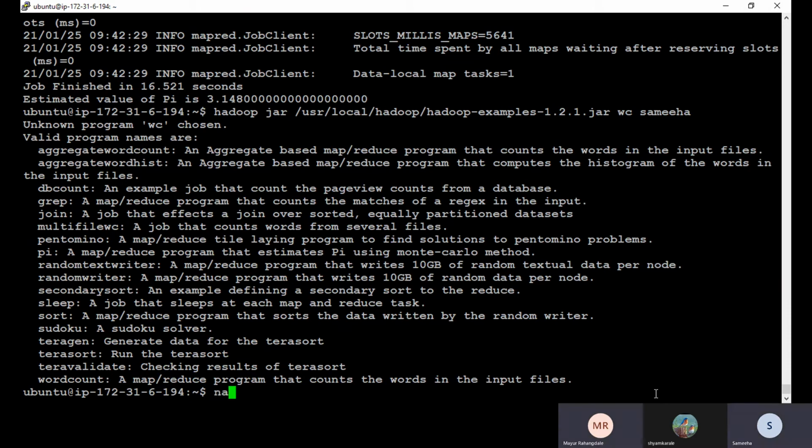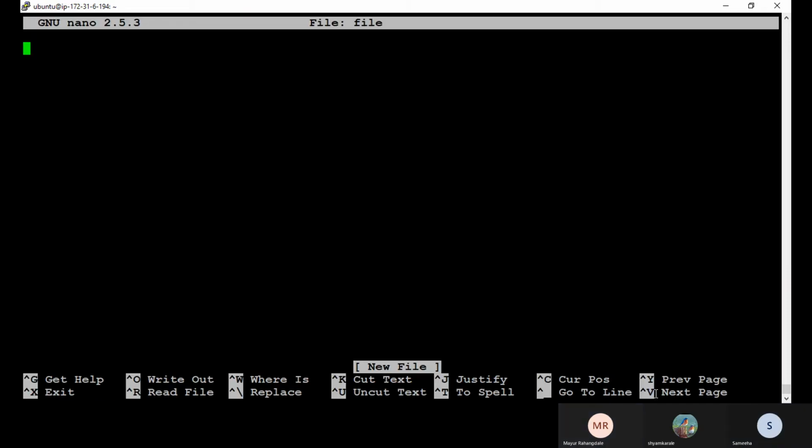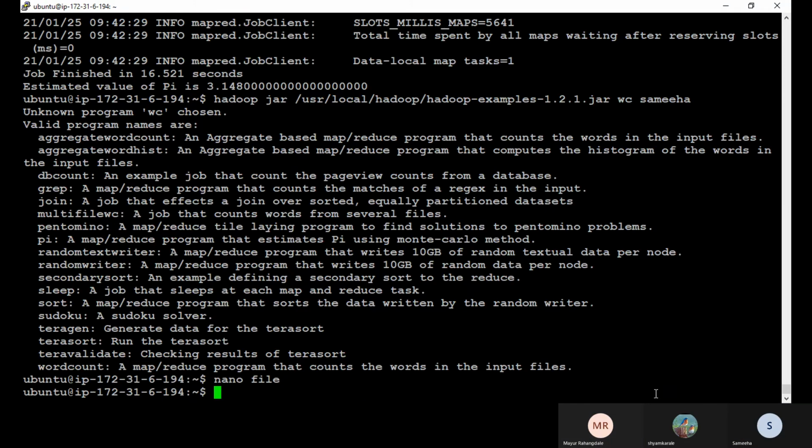Nano. You are creating a file. Okay, type anything. Instead of that, I have to give word count for the file name, I think. Word count will work.